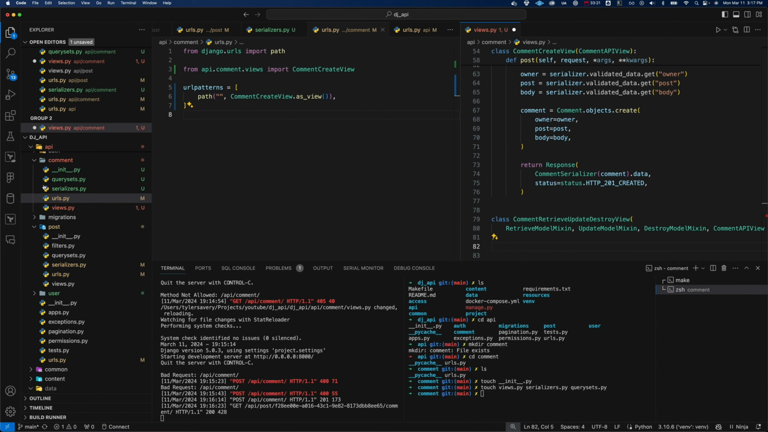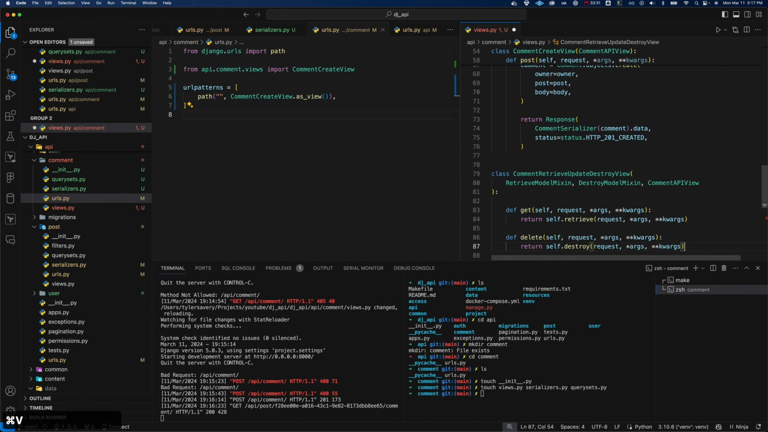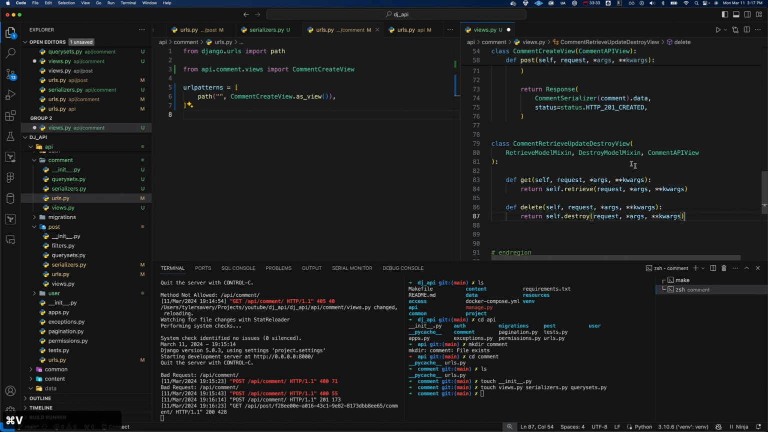Okay. Now, what we're going to do is, in fact, let's just get rid of update. I'm not going to worry about updating. That's something you could do pretty easily, but we've already done something like that before, so no need. But we're going to have our normal get, and we're going to have our normal destroy, and that's all we